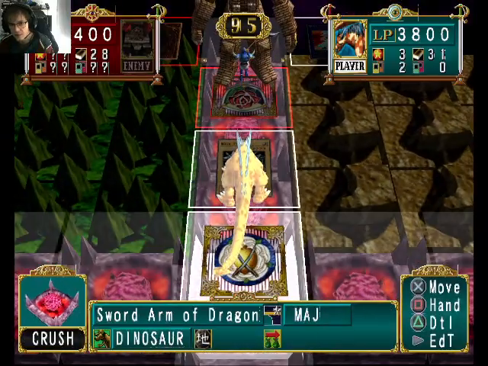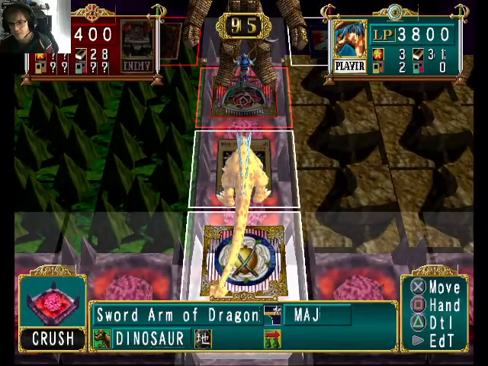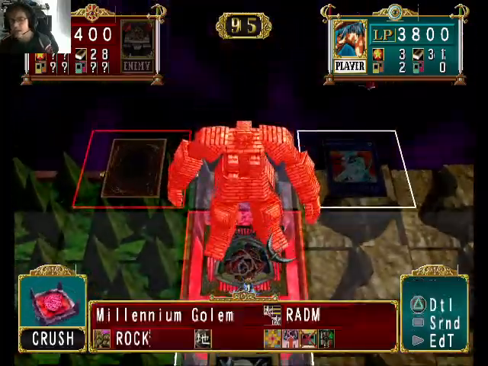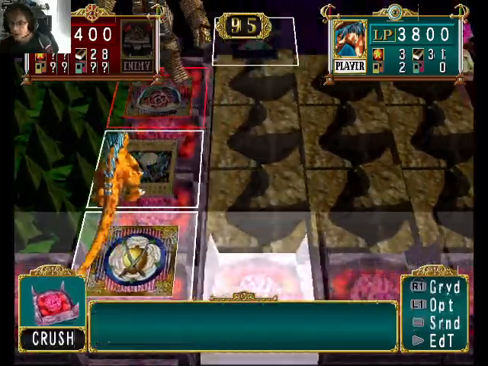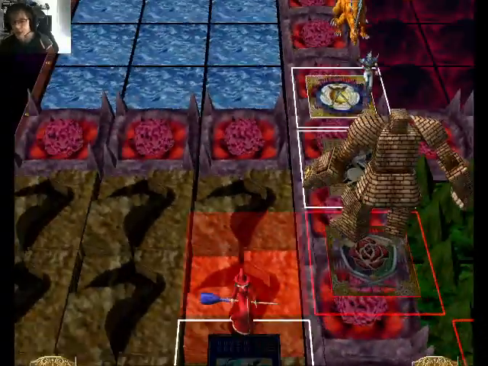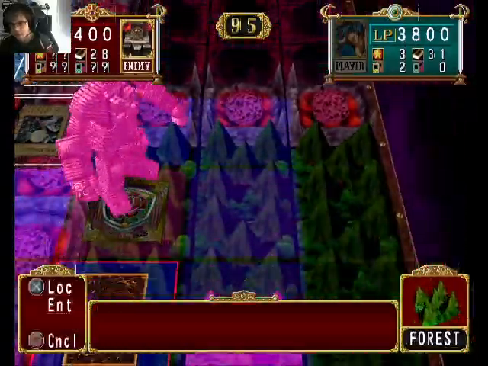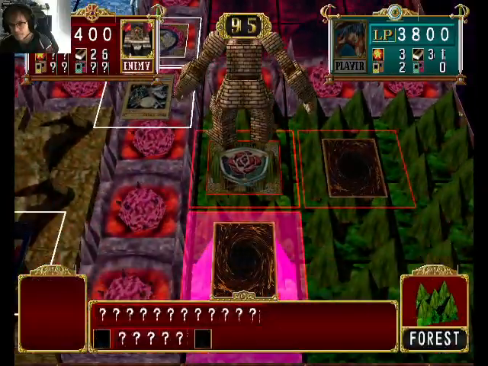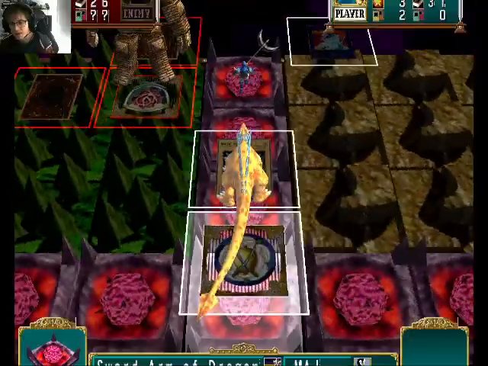I'm going to keep my Deckmaster where I am, because then if he moves either way, I can follow him. If I move to the right and then he moves to the right, I know I can move back, but I'd rather not have to do anything too silly. Yeah, I can